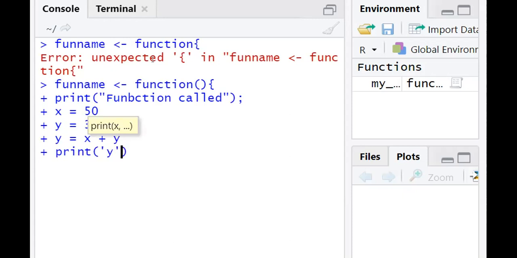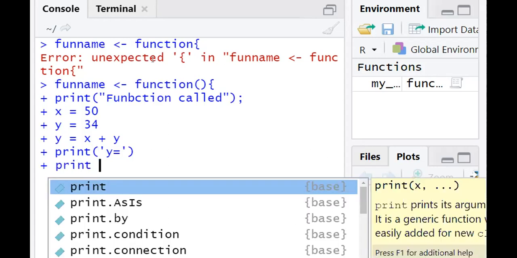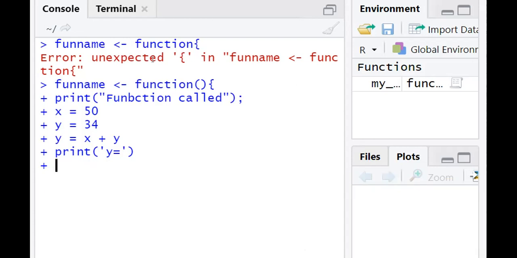So we shall print y with y is equal to this. Instead of two print statements we could just write a paste statement. And then finally we can close the braces. So now a function is created.